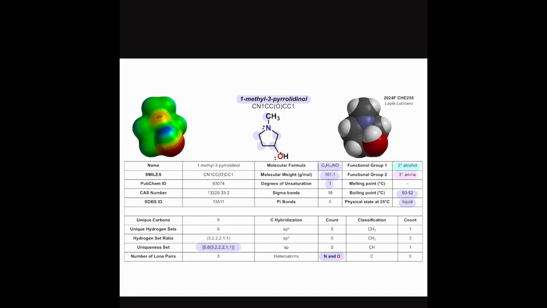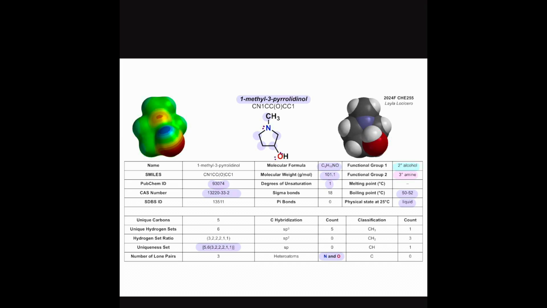Its CAS number is 13220-33-2. Its PubChem ID is 93074. There's a 3D molecule available for this. This covers most information about the molecule that we need, and now we will go on to make the molecule